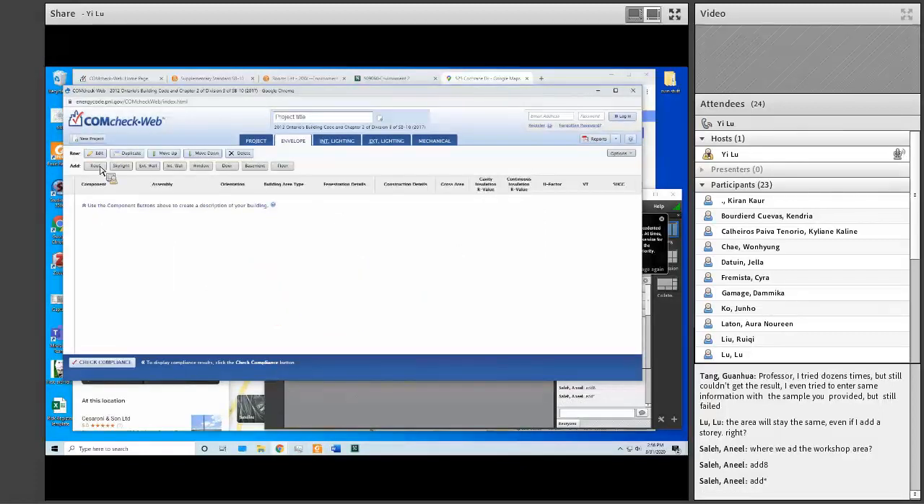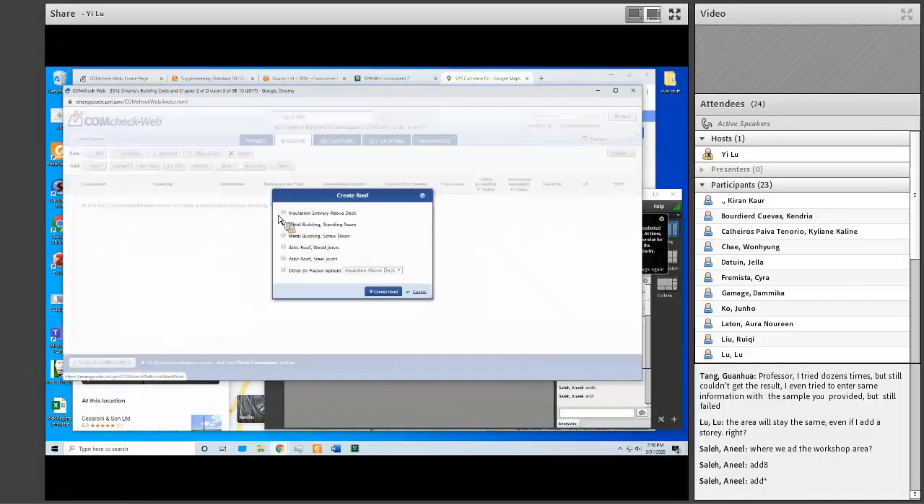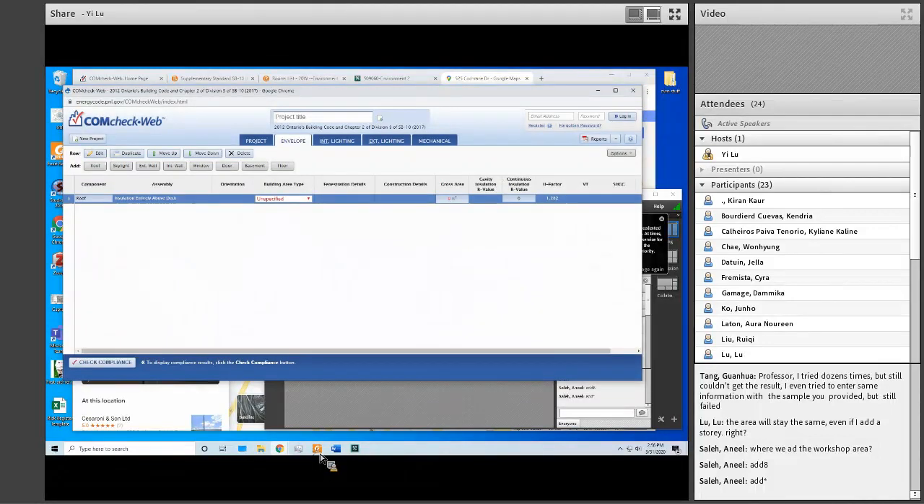Now, I add roof, okay? So I click on roof. The roof, as we discussed in class previously, is insulation entirely above deck. So I choose this one. I create the roof. Now, before we finish that part,